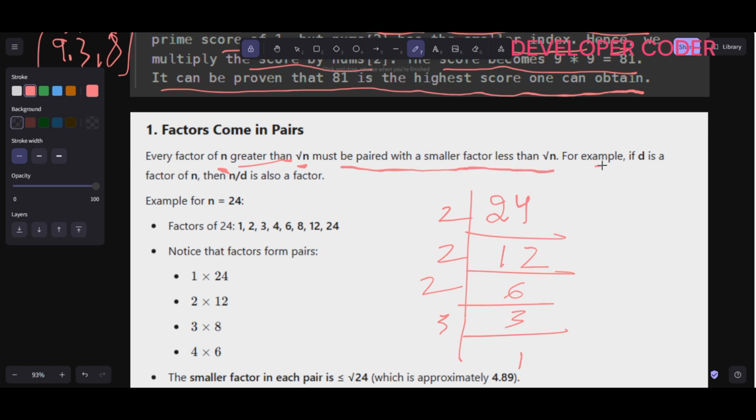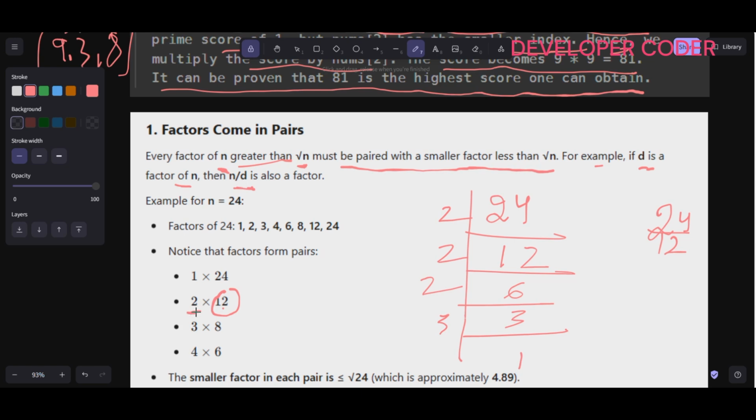For example, if d is a factor of n, let's suppose 12 is a factor of n, then n by d is also a factor, right? So if 12 is a factor of n, then n by d, so 24 divided by 12